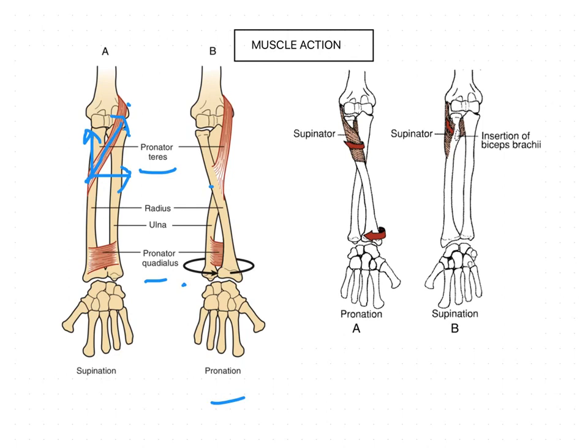This rotatory component helps in the pronation of the forearm, whereas this translatory component helps in the stabilization of the proximal radioulnar joint in such a way that the head of the radius is kept in contact with the capitulum. That means it is exerting a compressive force. The translatory component of the pronator teres helps in the compressive force to maintain the proximal radioulnar joint in contact